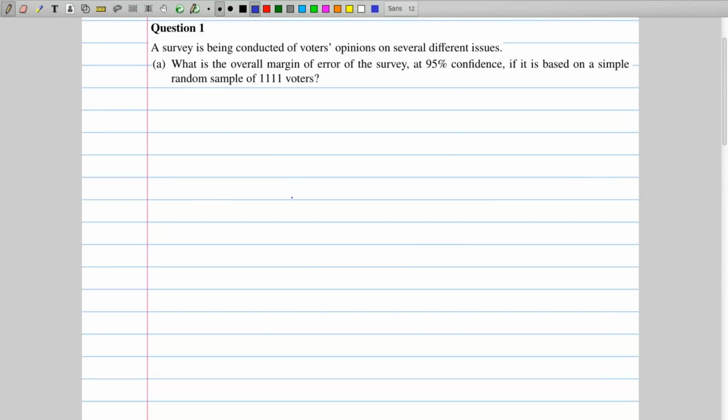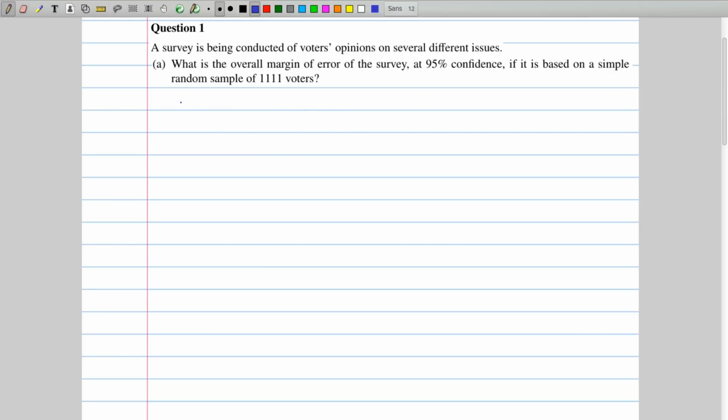Today we're going through the 2015 sample paper. Now it's only 2 questions long, so I'm going to do both of them in the one episode. The first question says that a survey is being conducted of voters' opinions on a couple of different issues. What's the overall margin of error of the survey at 95% confidence if it's based on a sample of 1,111